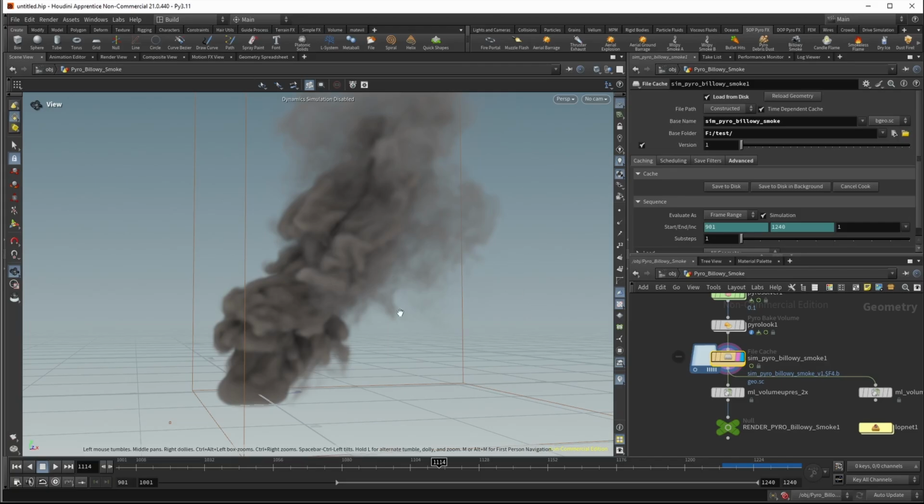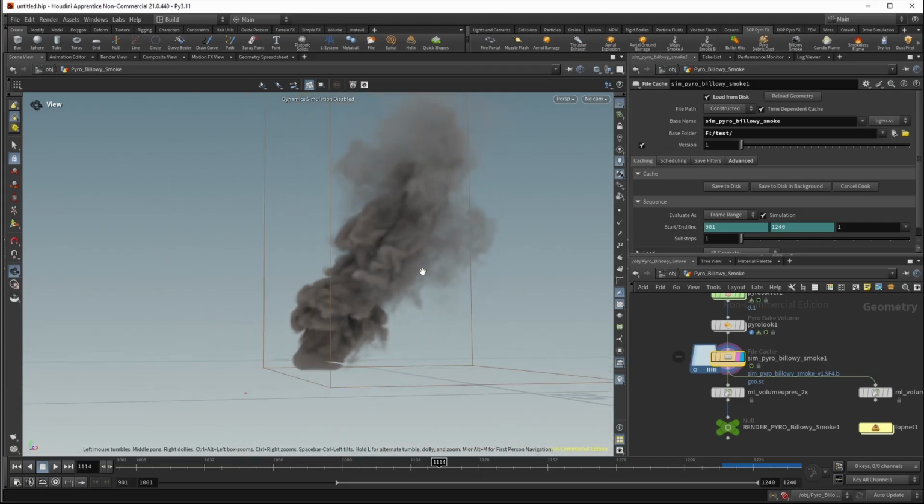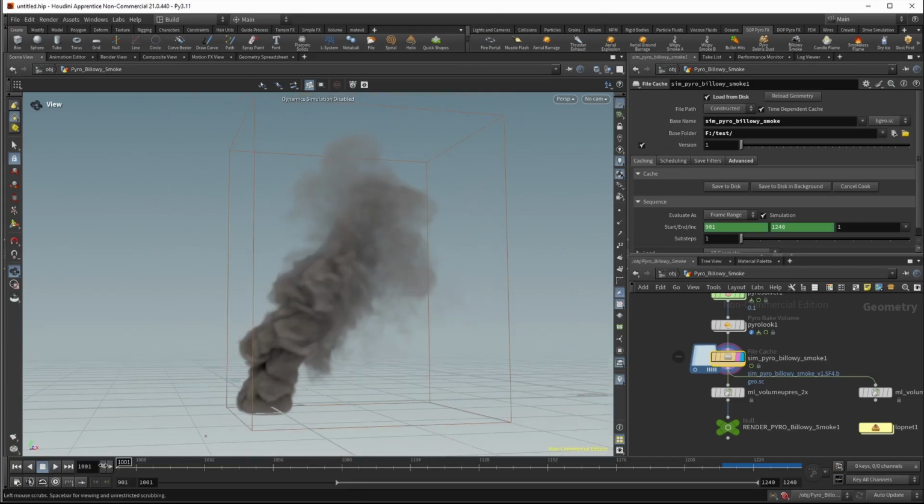By the way, this is our example: my simulation is started from here and finishes here, and I want to render that. And with this timeline, you can also communicate with other teammates in your team,